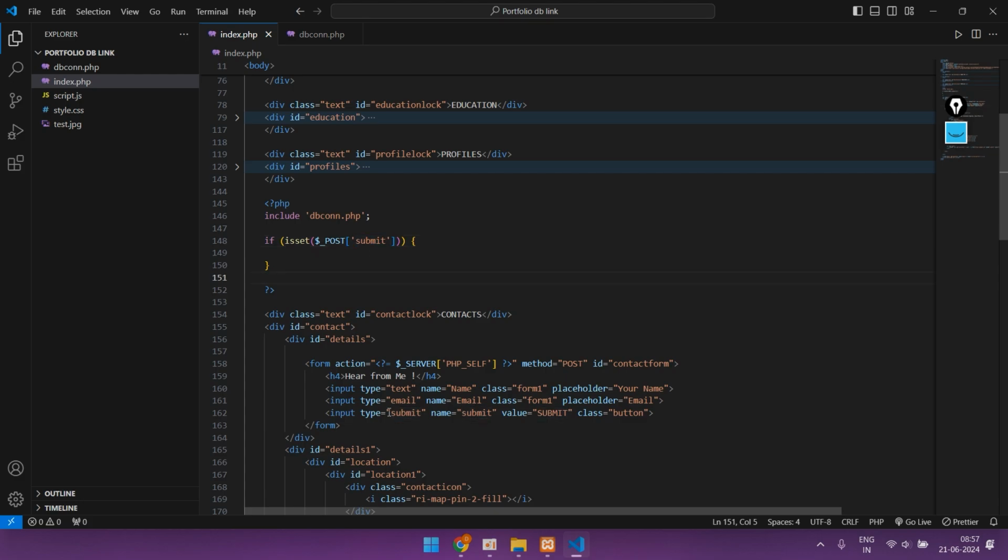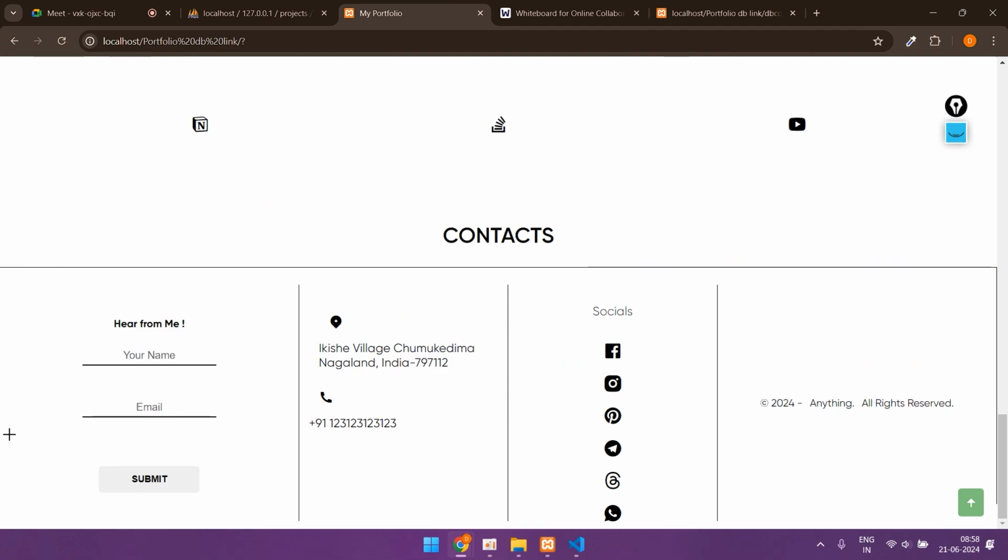So whenever the user clicks submit, or the submit button is clicked, what should the PHP script do? In our case, whenever I click the submit button, I want whatever details are stored in these two fields to be sent to the database, right? So if the submit button is clicked, what do I want to do? I want whatever data is entered in these fields by the user